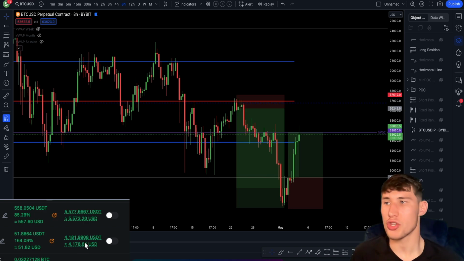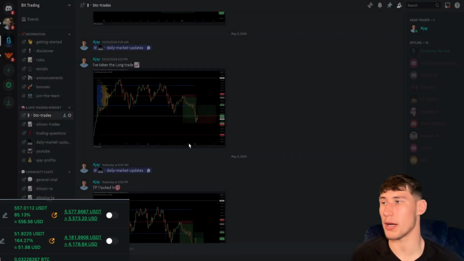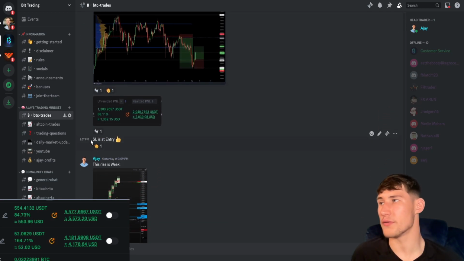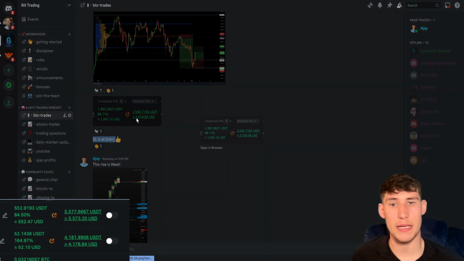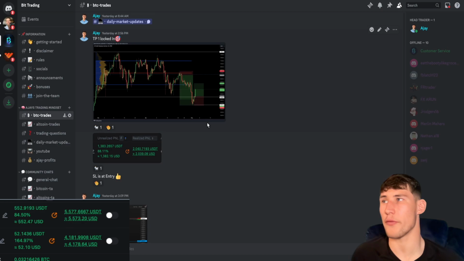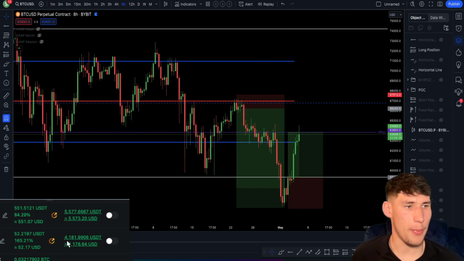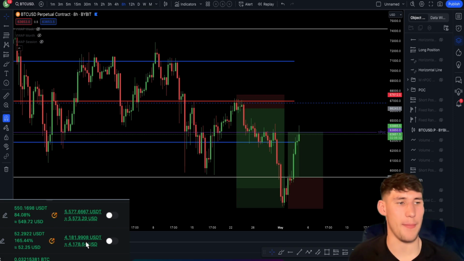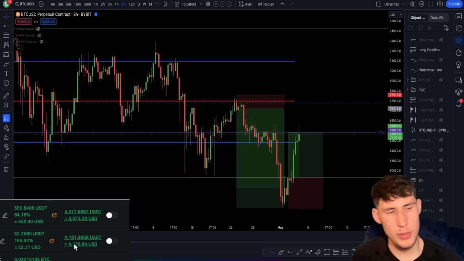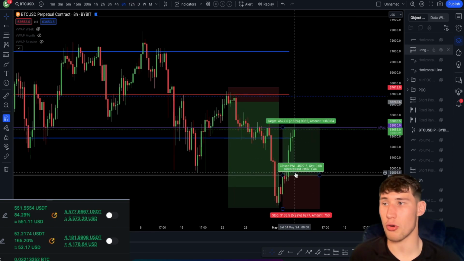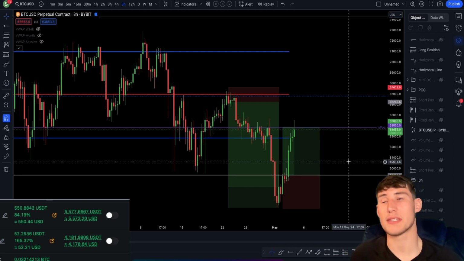Now I have taken some profit off of this trade already. If we take a look at the Visionary Discord again, we can see TP1 locked in right there and stop loss has been moved to entry, just to make it a completely risk-free trade. We took some really nice profits on this trade, and I did go to take more profits as we were coming into this MPOC, but for some reason it closed the majority of the trade. I think I made a mistake there, as I didn't want to take this much profit off the trade. I wanted to leave a little bit left in that trade. I still have it open, but there's almost nothing in the trade at this moment in time. But very, very profitable long trade that I gave the team on the Visionary Discord.